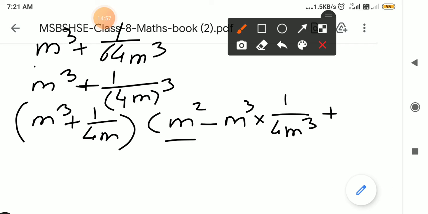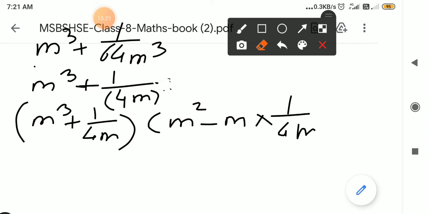Now here a square, both terms multiplication, and then the term we have to take. So here the cube will not come, because of the term which we took here, m into 1 upon 4m. You can write it in this way also. Instead of writing this 3 here, 1's cube is 1, 1's square is also 1, whatever it is, it is 1 only.